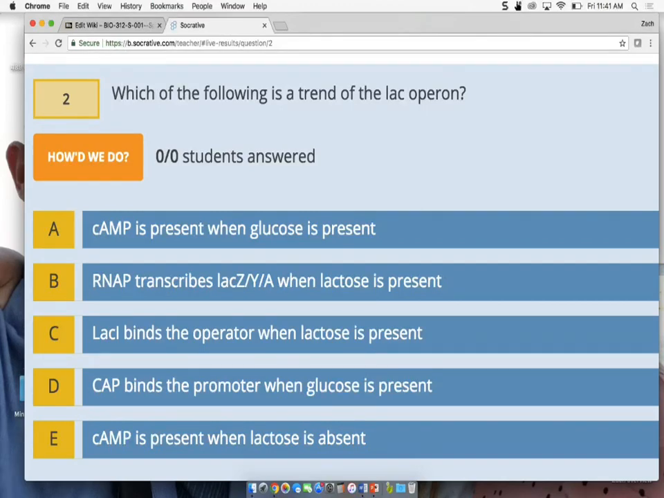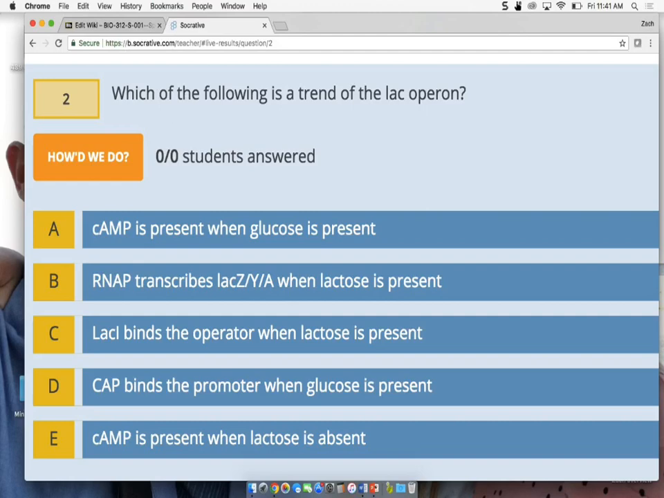We know that those two are inversely correlated with each other. When one is high, the other is low, and vice versa. So A can't be the right answer. What else could we rule out? The last one? Eliana? Wonderful. Why? Because lactose has to be present for CAP